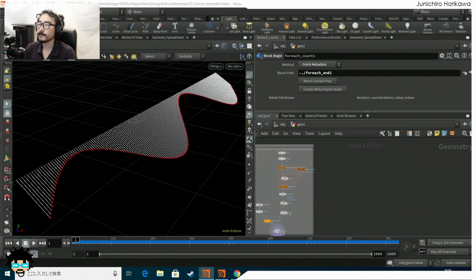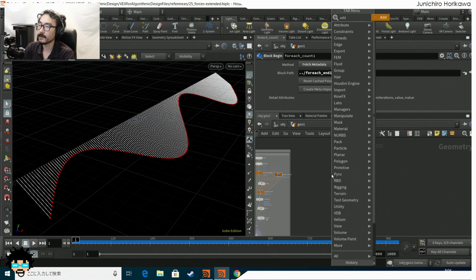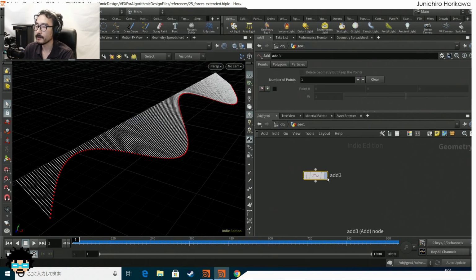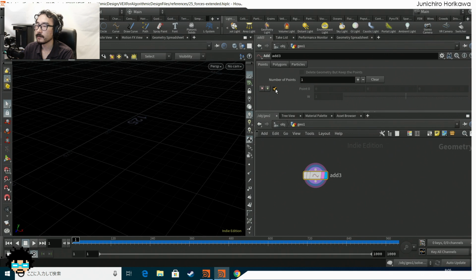Okay, first thing first, we need to set up the scene. So let's do that. I'm going to start by adding a single point at 0, 0, 0. This is going to be the first spring example that I'm going to create. Let's say I set one point to be fixed at a specific point, so only the other point will move